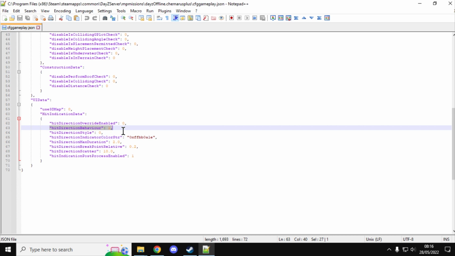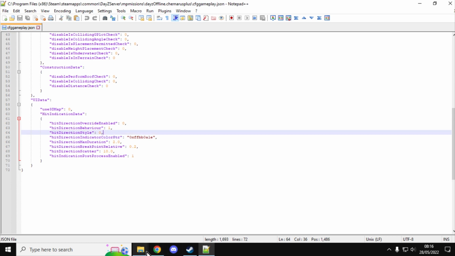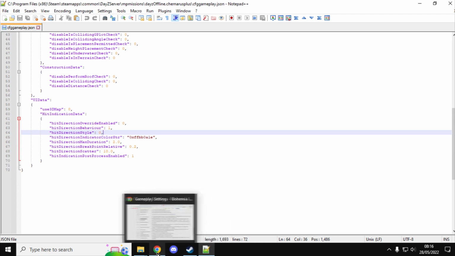So if you've come to the video for that, that's what you've got to do. Hit direction behavior, change that to 0, save your file, re-upload it to your server, restart your server, and everything will be turned off that way. However, let's look at some of these other settings as well, as we may well want to customize our